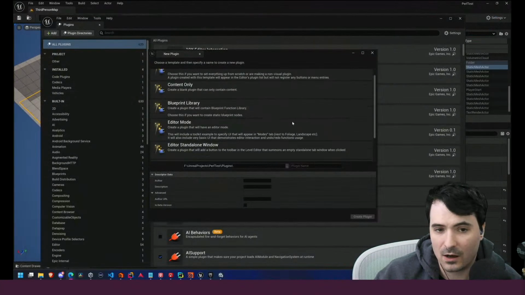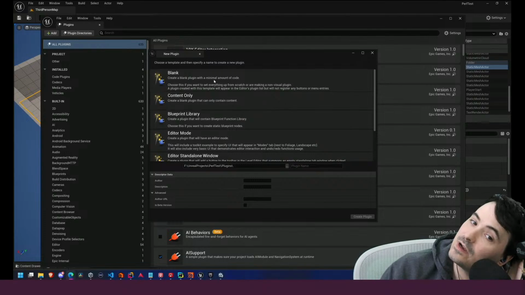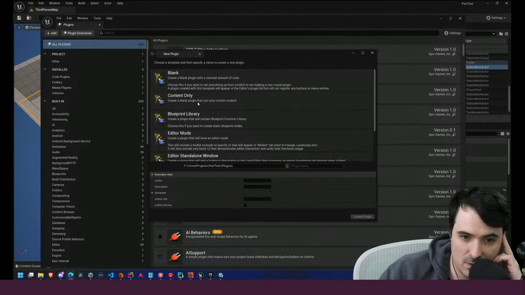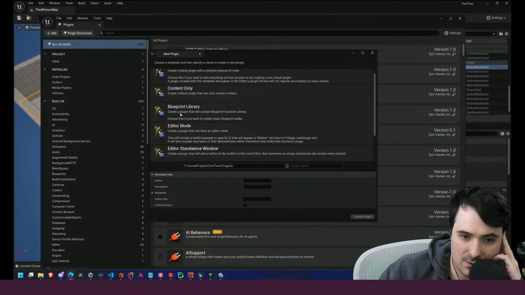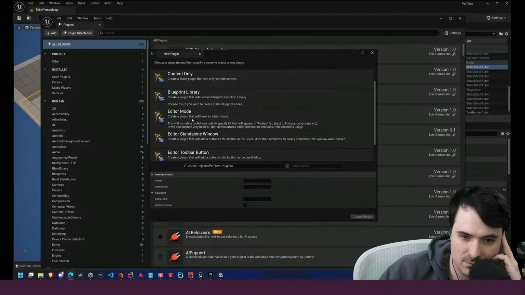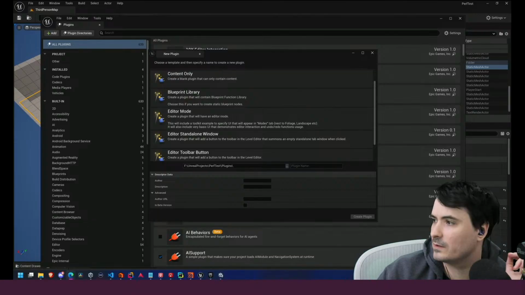Okay, so let's start from the create a blank minimal amount of code, content only. Create a blank plugin that can only contain content. Create a plugin that will contain blueprint function library. Choose this if you want to create static blueprint nodes. Create a plugin that will have an editor mode. This will include